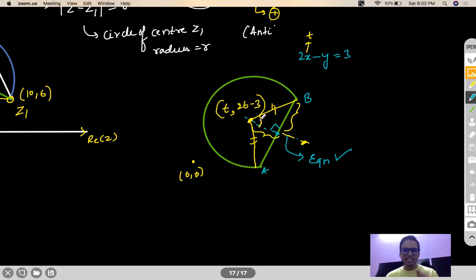I forgot that I did not know the radius actually. So what I can do is, I can use the fact that this length will be equal to this length because this is going to be 45 degrees. Correct? So at least I know this length because I know the length of the chord. So I can use the distance formula and equate it to the length of the chord. Right? So I can use the distance of the point from this line and equate it to half the length of the chord.